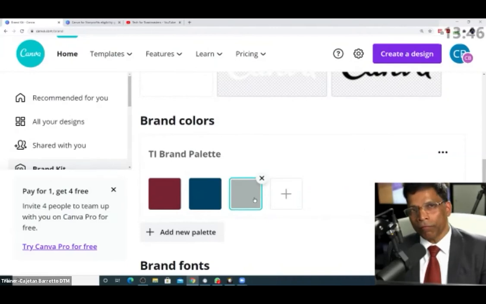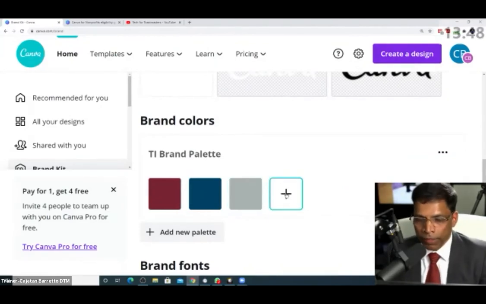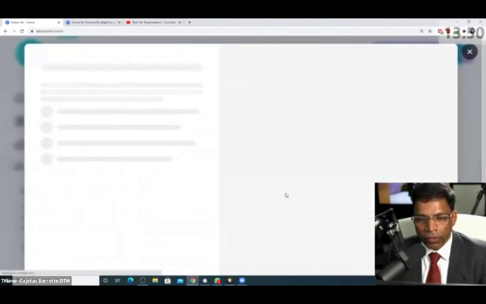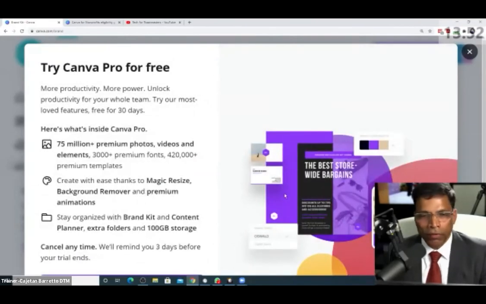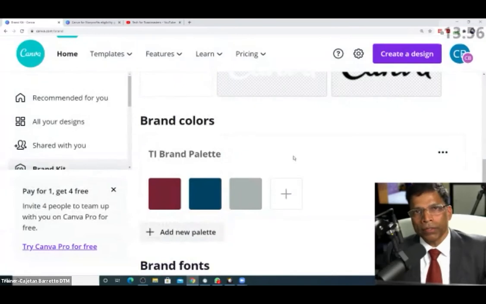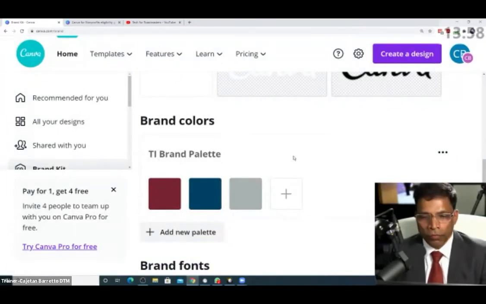I would have loved to add the yellow, but the problem is if in the free version, if I try to add the 4th color, it will tell me, hey, can you subscribe for a pro account? And as Toastmasters, since we don't make money out of it, it makes no sense for us to subscribe to a pro account. So we'll manage with these 3 colors. And whenever we want to use the yellow color, I would note down that it is F2DF74. So this is the only color I need to know.